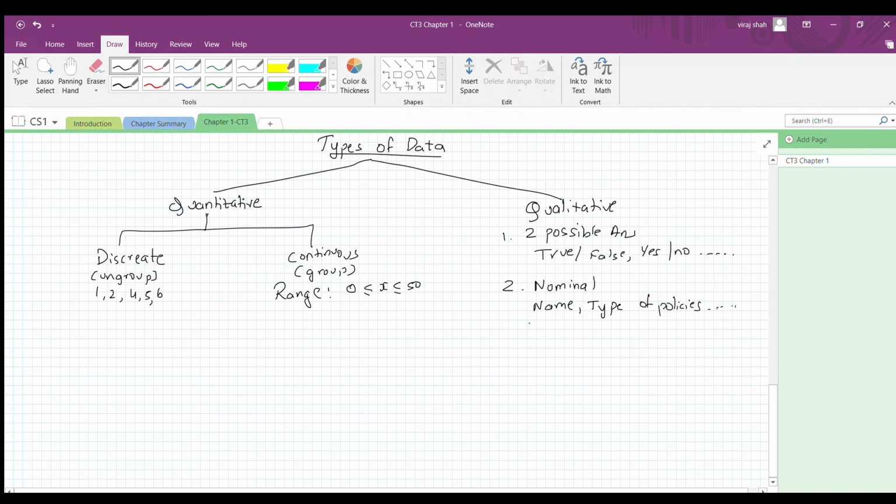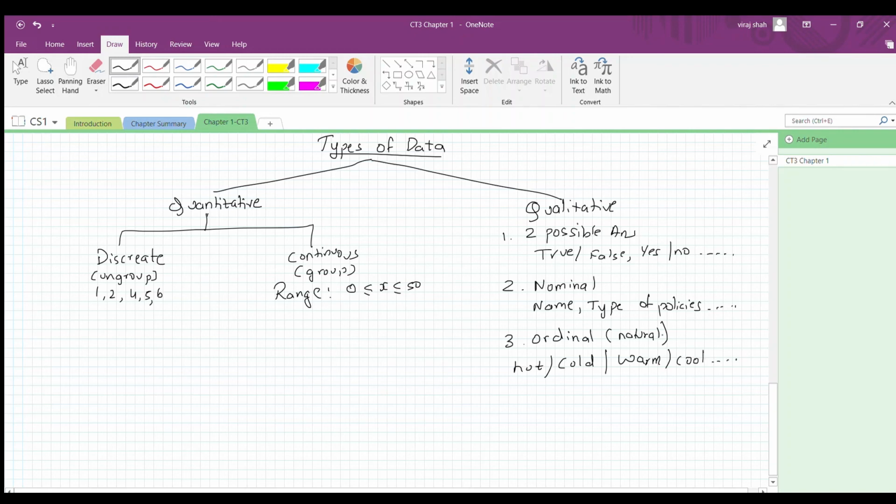And the third part of the qualitative one can be classified as ordinal. So basically, what do you mean by ordinal? Ordinal is something that you would naturally observe, and there are only limited answers. So basically, if you see in India, it is a climate of summer, so basically it's damn hot. So you can classify as hot, or in winter in the Kashmir or in any part of Antarctica, it is always cold, so you can classify this as cold. It can be warm, it can be cool, and so on.